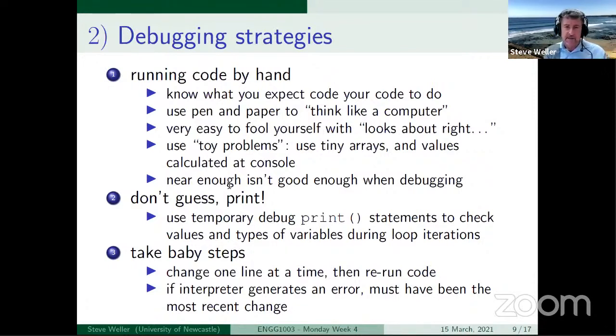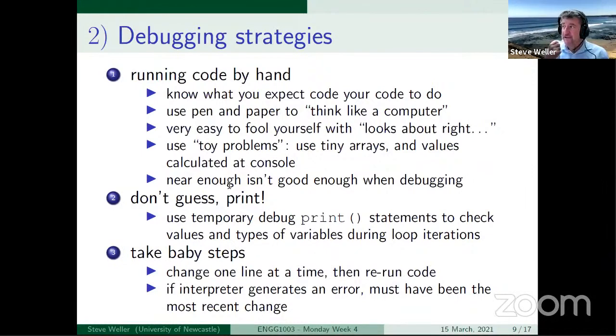And the third strategy I've called take baby steps. This is especially true when you're developing large pieces of code, hundreds, thousands, sometimes tens of thousands of lines long. We won't need to in this course, but still, if you've got a program that runs over 10 lines of code and there's a problem with it, make it a program that's got 5 lines in it. Comment out stuff until you've got a program that'll at least run. Then when you change one line at a time and rerun your code, if there is a problem, you know the problem must have existed in that line that you added.